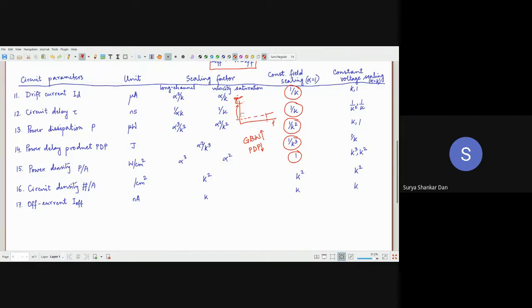In case of digital, which we will see in our next semester, our objective will be to reduce PDP as much as practicable. So if you notice here, it is 1 upon K cubed. Whereas in constant voltage scaling, if you put alpha equal to K, it becomes simply 1 upon K. Of course, PDP reduces in constant voltage scaling also. So in general, if you are scaling the technology, your PDP is definitely going to reduce, but it reduces much more rapidly in case of constant field scaling.